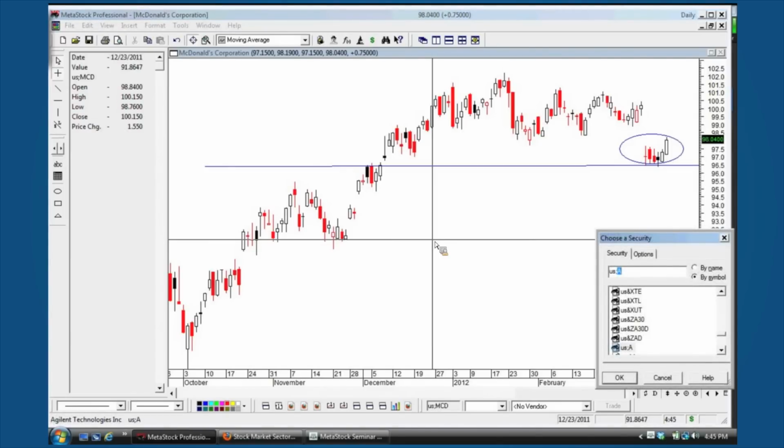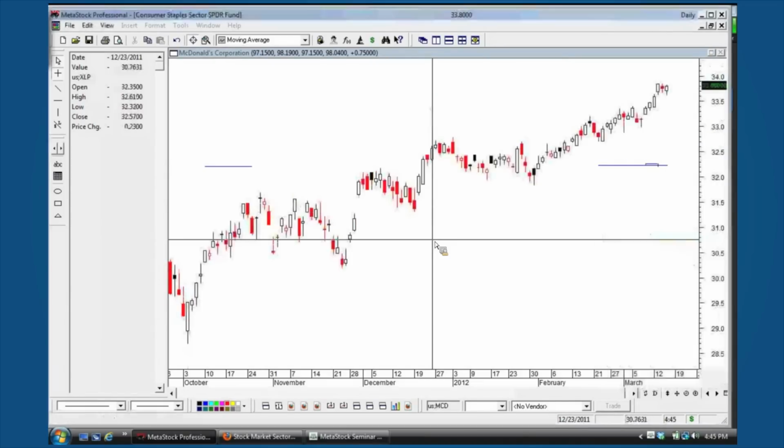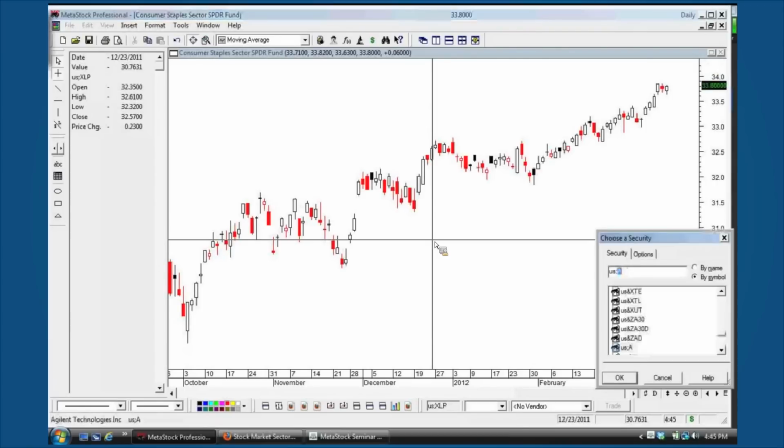Take a look at this, for instance. So let's take a look at another one. Let's go through and take a look at a couple more. XLP. So here we have the XLP, right? We take a look at this. We saw that's a nice looking trade to the upside. Let's take a look at